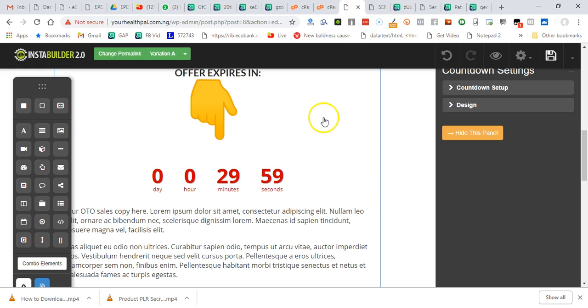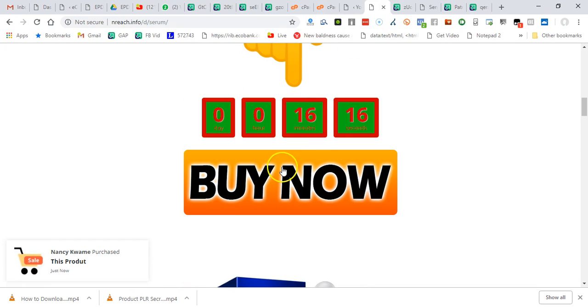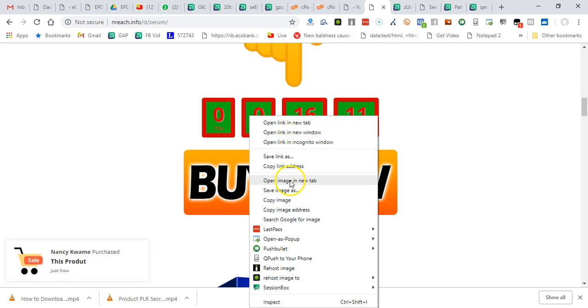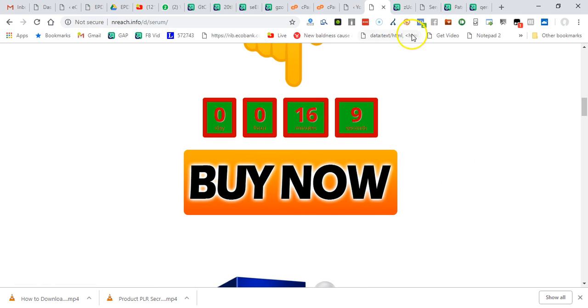Now let's go again and see. Now this is buy now button. Let me see if he used image. He used image here. It's an image. So but there are various features to create buy now here. So I can